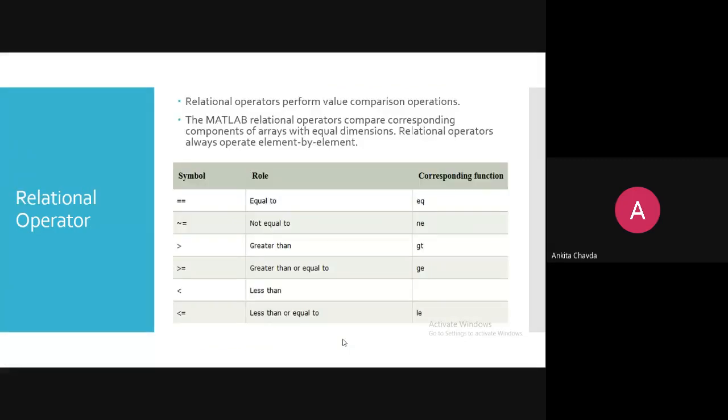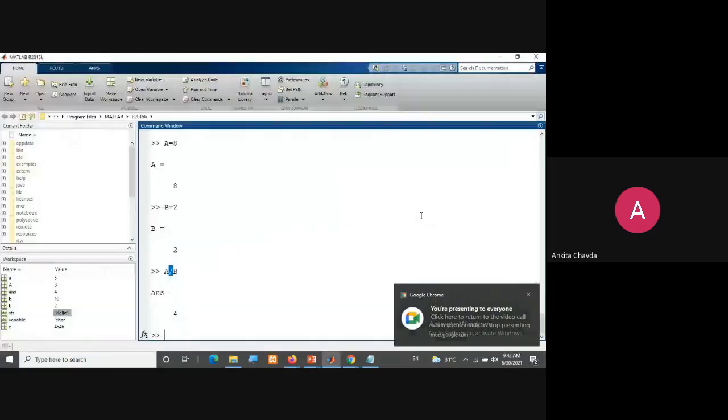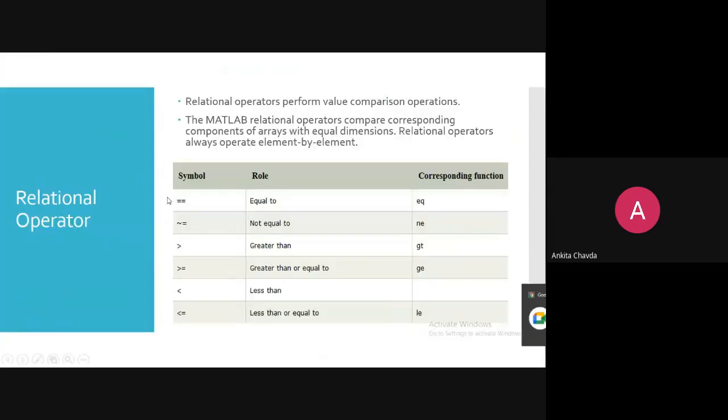Then relational operators. Relational operators will perform value comparison operations. You already know equal equal, greater than and equal, less than and equal, and so on. So suppose I have a matrix, because matrix creation is the remaining one. In the other class, I have not shown any example. But in your second session, once you get to know how to create a vector and how to create a matrix, then and only then can I show you this.